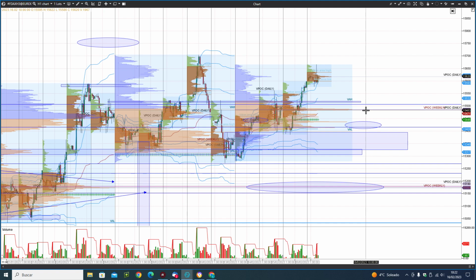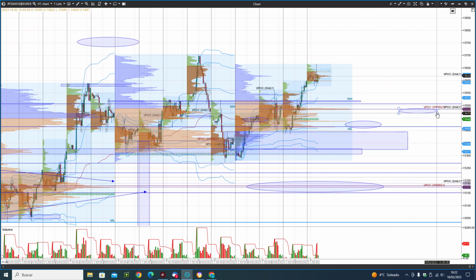15,520, and perhaps this point, the current weekly VPOC at 15,485. Let's mark it. Then if the price falls, it could go to this zone about